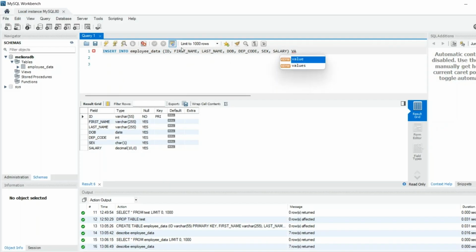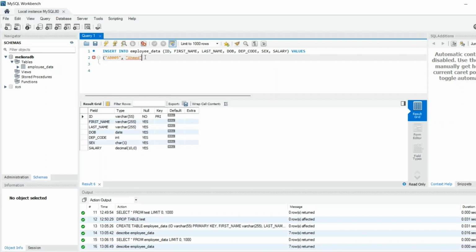Okay, and then we're now going to write values, and we're now going to begin the values that we want. So the ID is variable, so we're going to put it in quotes. Let's say something like AB 005, comma. Now notice that the way we've listed out the columns here is where we want to input the values, because that's how it's going to insert it into the table. So AB 005 going to ID, the next one we type goes into first name, and so on. So let's say the first name of this person is